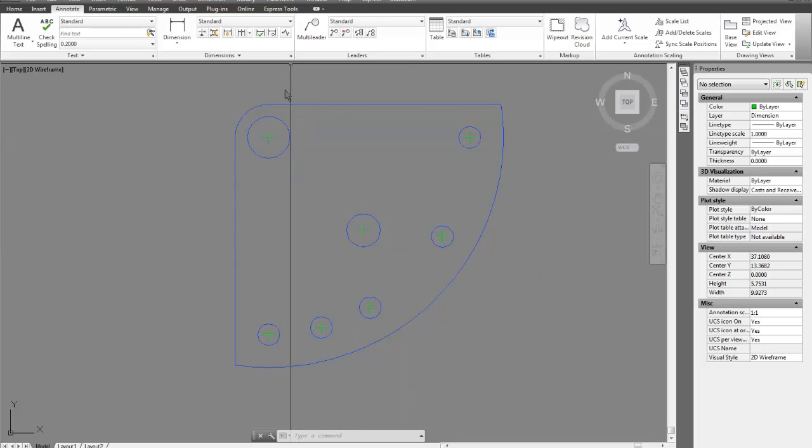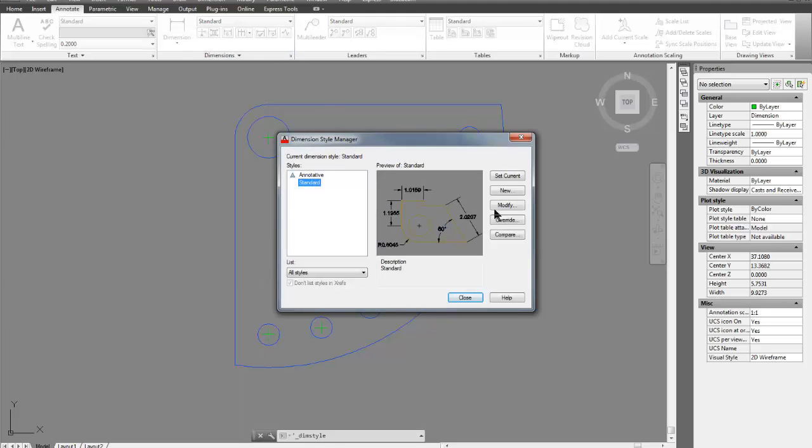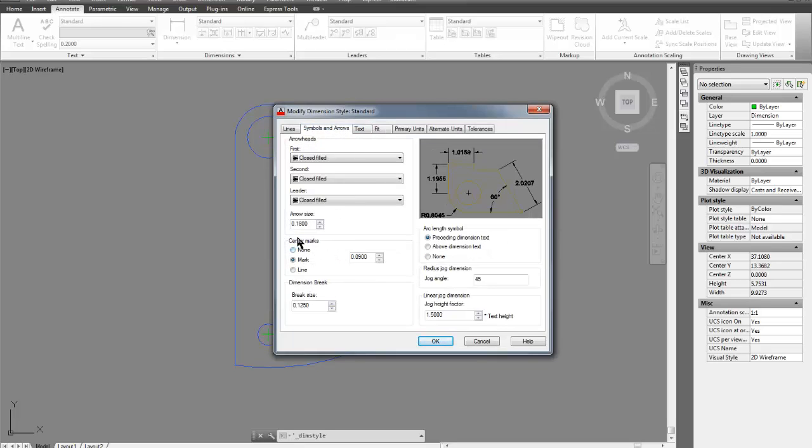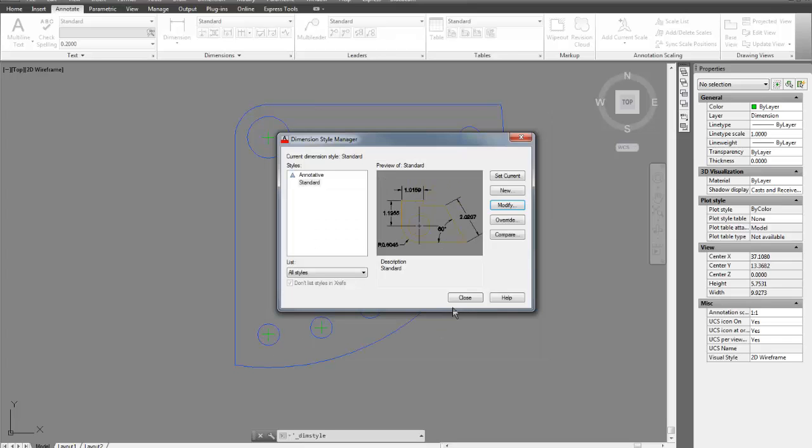Now remember, while we're here, if I wanted to have center marks that had lines coming off of it, that is taken care of inside the dimension style itself. Go to Modify, Symbols and Arrows. This is where we control our center marks. So if I wanted the center mark over here with lines coming off of every side, I would have to make sure that this option, this radio button for line, is selected. Then I would get lines off of that center mark. In this case, we may not necessarily want that, but if you did, that's how you would get it in there. So if I made that change now,